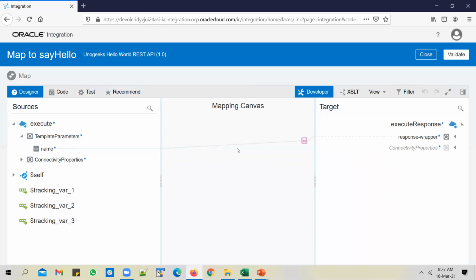And when the 101st developer comes around and tries to map Salesforce with ERP Cloud, you will see a pop-up here which says recommendations are available. When you click on it, you will notice that the recommendations get populated automatically.